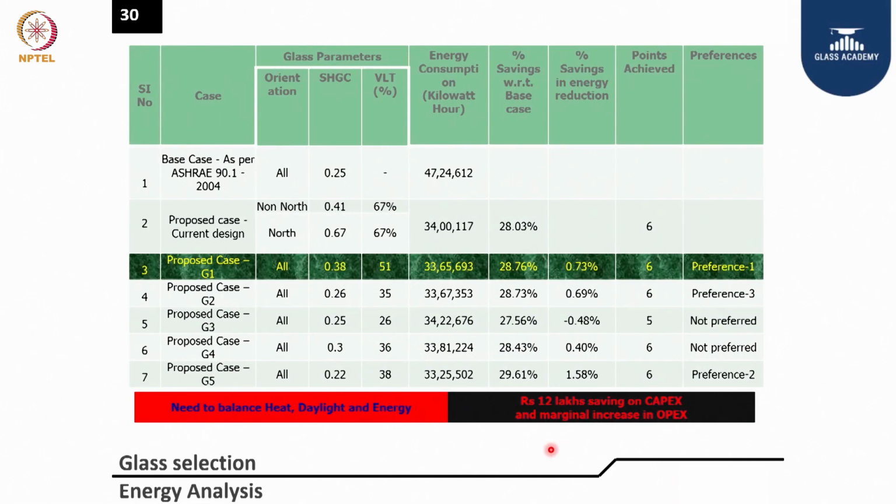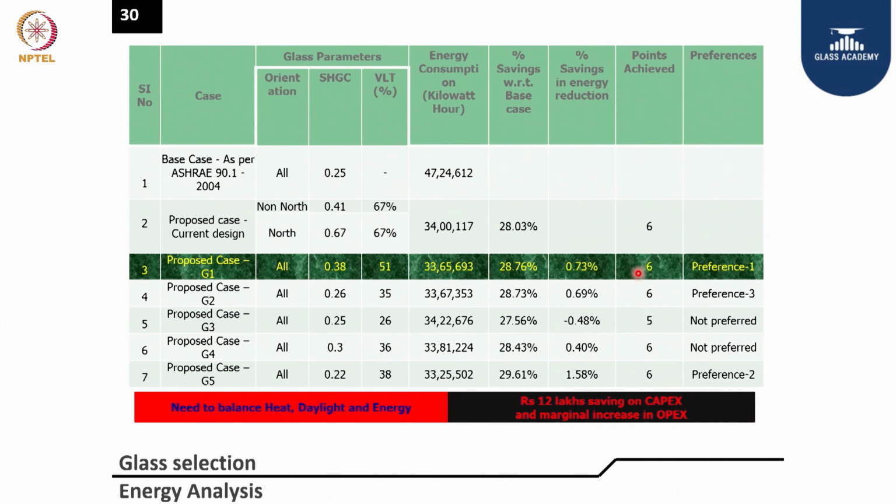This is another very interesting project we did in Noida. Though the standard says, for the various glasses we selected for the building, this shows the energy consumption impact, how much is the reduction, what is the percentage reduction, how many points in LEED they achieved, and what is our preference. So this, in addition to your procurement guide doing the selection based on cost, gives a direction for them on which glass.